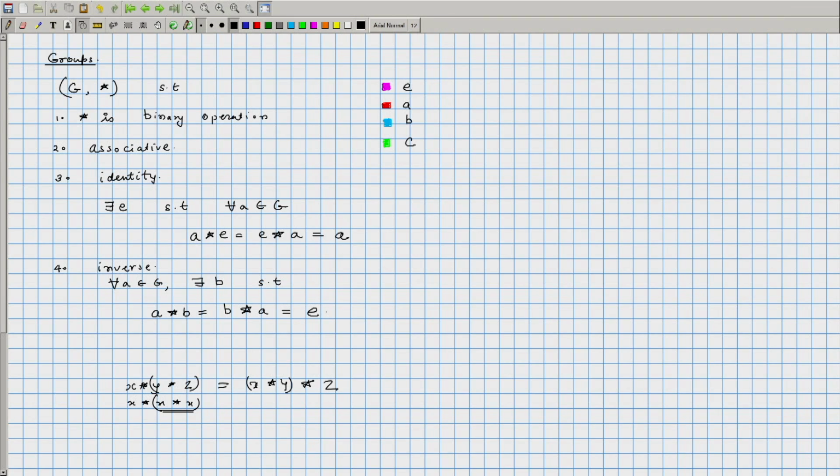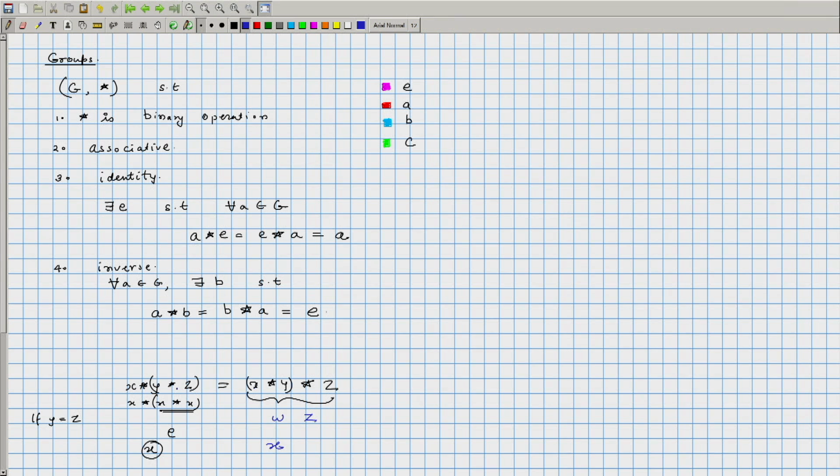So, the only remaining case is when 2 of them are the same. So, if y equals z, then y star z will give you E, and x star E is going to be x. If y is equal to z, then the left hand side is going to be x, whereas the right hand side, x into y will be the third missing element, which we will call w, and w multiplied by z will give you the missing element here, which is nothing but x. Okay. So, in that case also things are going to be the same. So, here we assume that y and z are equal. If x and y are the same, then the same reasoning applies, and so on.